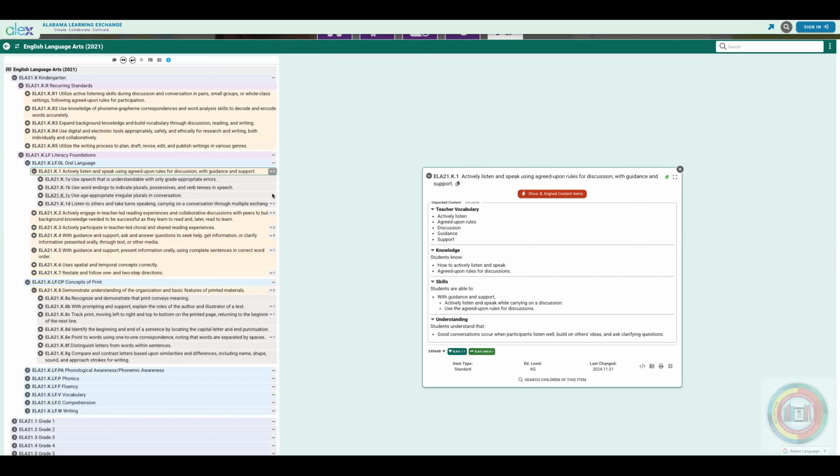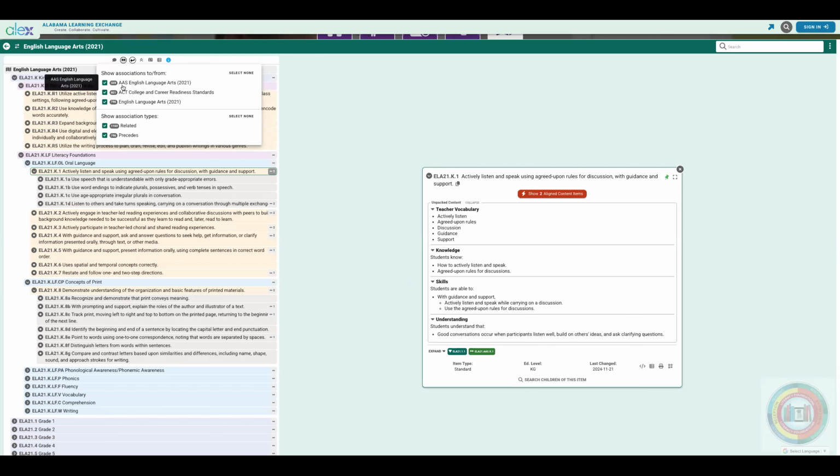The other thing that you were challenged to find were the standard associations. And I'm going to show you first, if you didn't see these little colored rectangles at the bottom of a standard, you are going to go to this little icon right here. If you hover over it, it says association options. It's arrows pointing in opposite directions. If you click on that, you will see the associations that are available for that particular subject area. So for ELA, we have the alternate achievement standards. We have the alignments to the ACT standards, as well as vertical alignments.